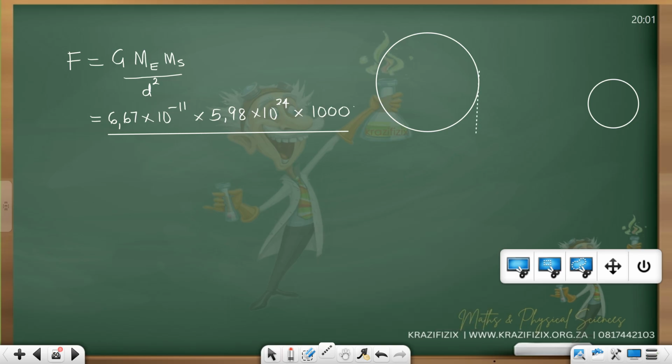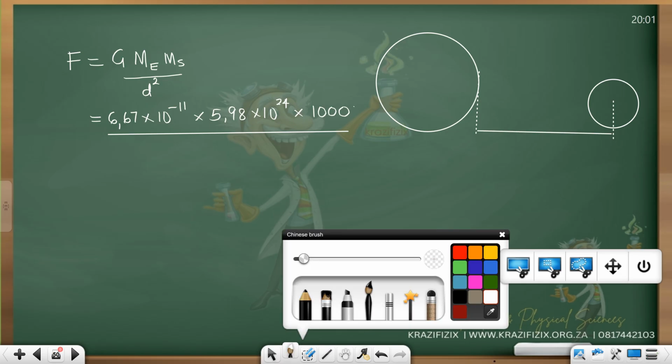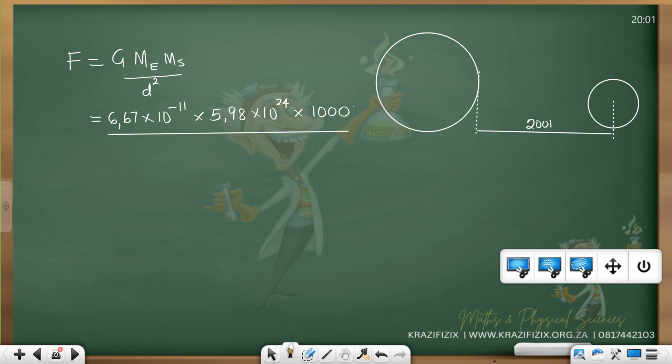So they have that, all right, and from the center they gave us 200 kilometers. We said there's a problem with that 200 kilometers because we only work with meters. So what do we say? 200, that K. Okay, but if I go to the law